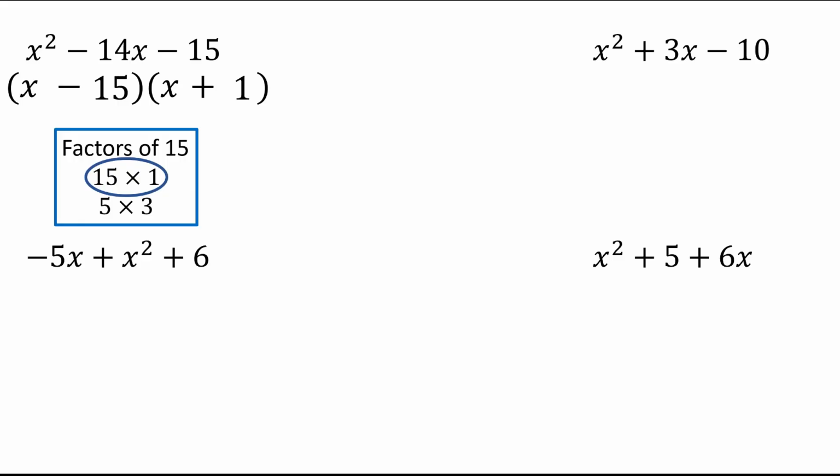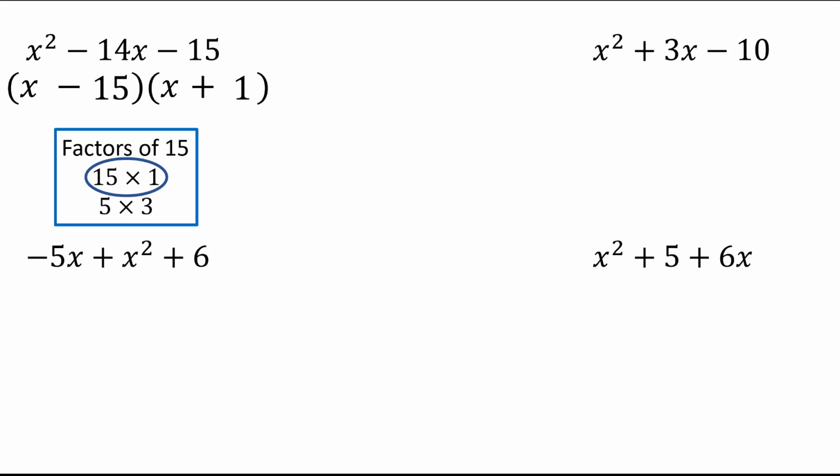Okay, so this is where we ended up on lesson 69, and we're just going to look at a couple more, or actually three more, examples of factoring a quadratic trinomial. All right, so if you look in the upper right corner, you have x squared plus 3x minus 10, and